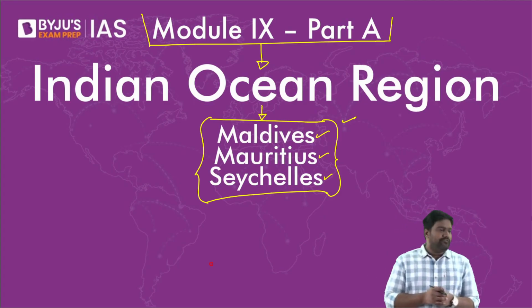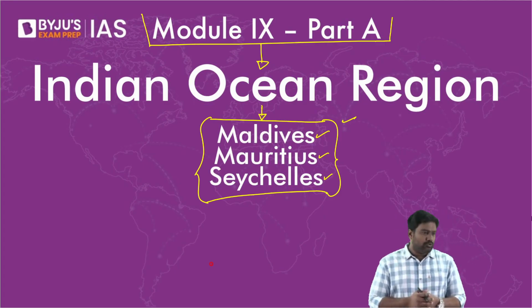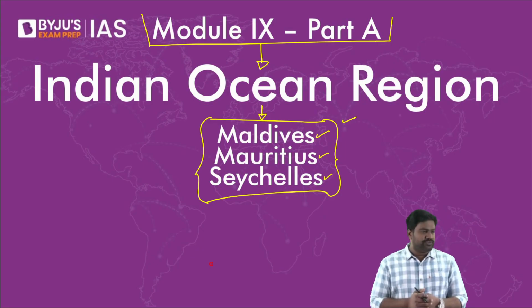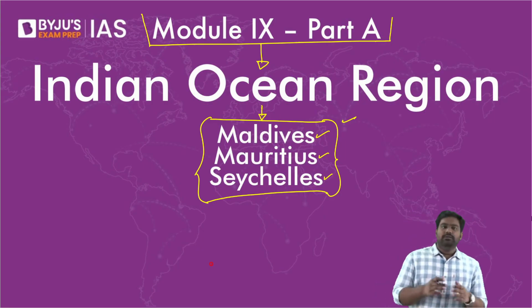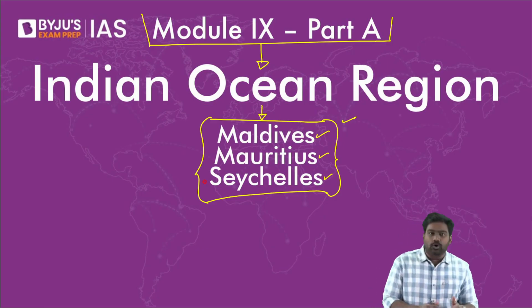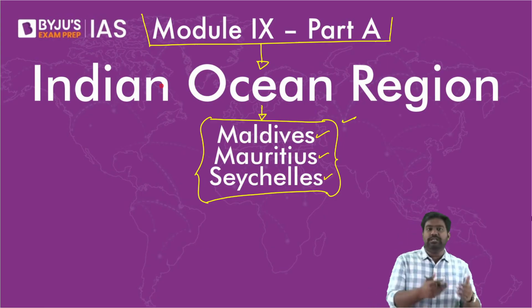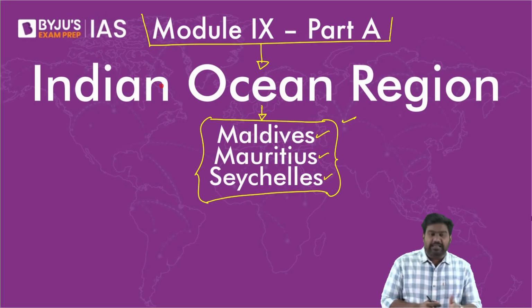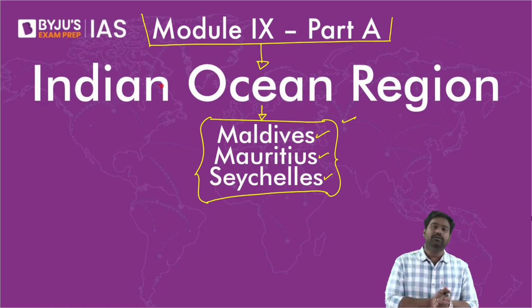Vedashri is asking, if a question on Katchatheevu comes, what could be the possible solution? Sri Lanka to allow access and India to train its fishermen. Yes. If there is a question on the fishermen Katchatheevu dispute, you present all the facts, bring out the issue. What is the source of tension between India and Sri Lanka? Why does it happen? And finally, if you have to provide a way forward as a solution to resolve this fishermen dispute and Katchatheevu issue, we need to sit and negotiate again.